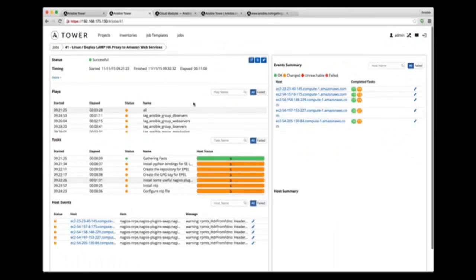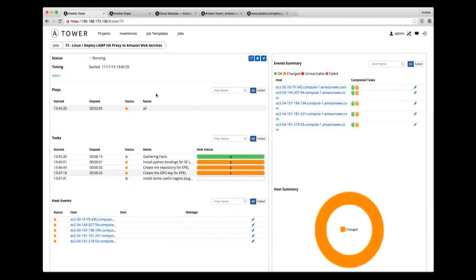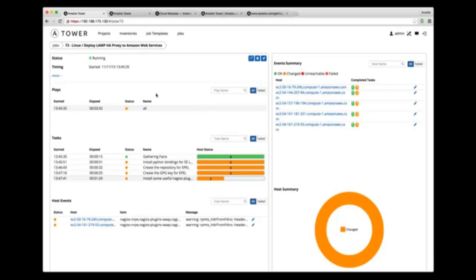And so that's really the third major value of Tower. I've talked about the aggregation of logs, which is what we just looked at. We talked about push button deployment. We're running the job now. And we looked at, of course, the role-based access control. So the last thing that I want to show you with Tower, and then we'll answer these questions here, is